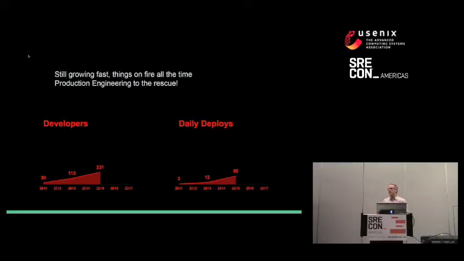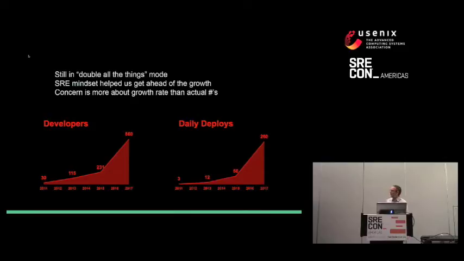So it was at that time that we adopted our production engineering or SRE model. And it was extremely timely that we did that because the next 2 years looked like that. Growth continued at a ridiculous pace. Everything's doubling, but having the SRE model, the production model, definitely helped us stay ahead of that. But the main thing we are preoccupied with is not actually the size, it's the growth rate. We're always trying to predict not just linear, like if things go as they are, what do we need to have in place? It's like what happens if things double in a couple months, then what do we do? Trying to stay ahead of that growth rate is the thing that keeps us awake at night, I guess.